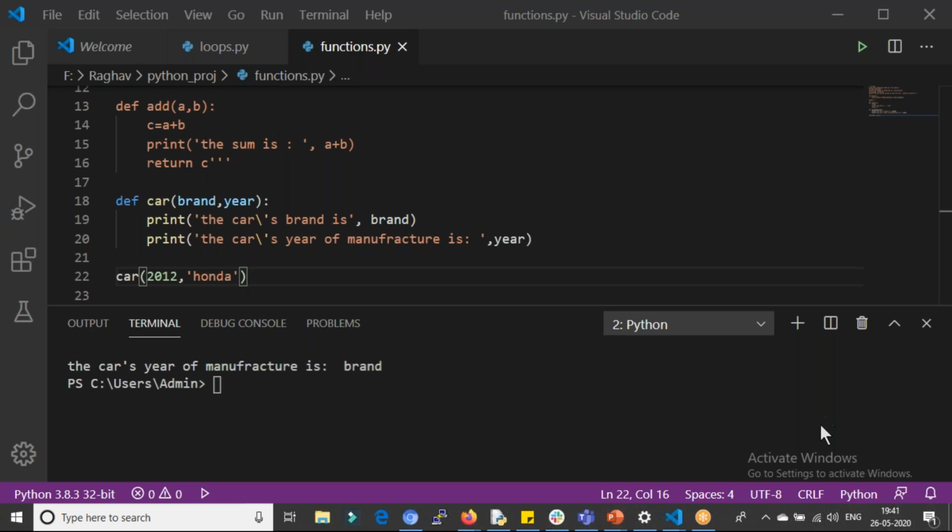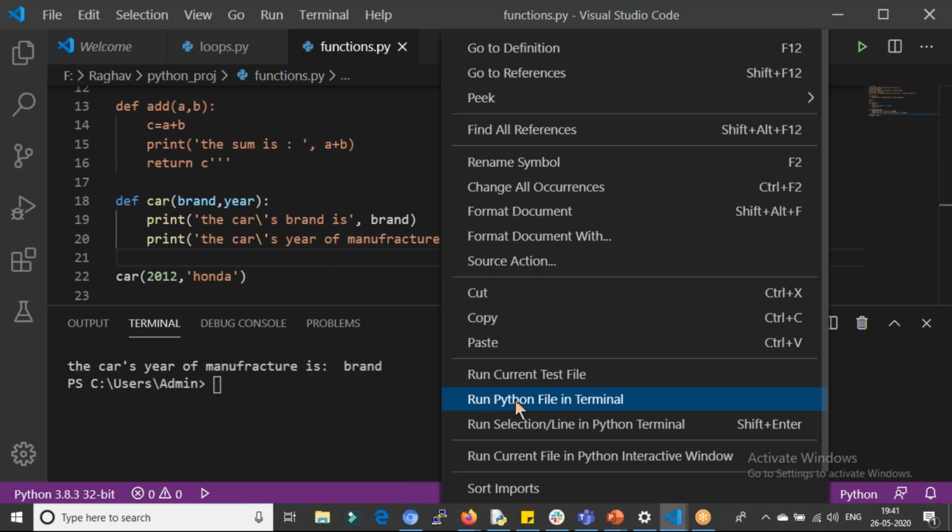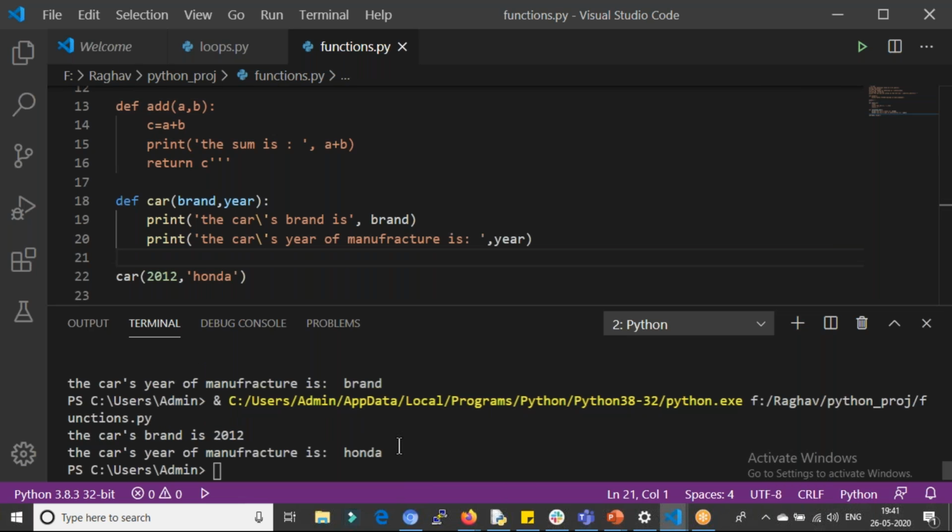Someone else answered: it will reverse itself. For example, brand is Honda, but you wrote 2012, so the brand is 2012 and the year is Honda. Yeah, good. Let's see what happens. As you told, it got reversed. I got brand is 2012 and year is Honda.